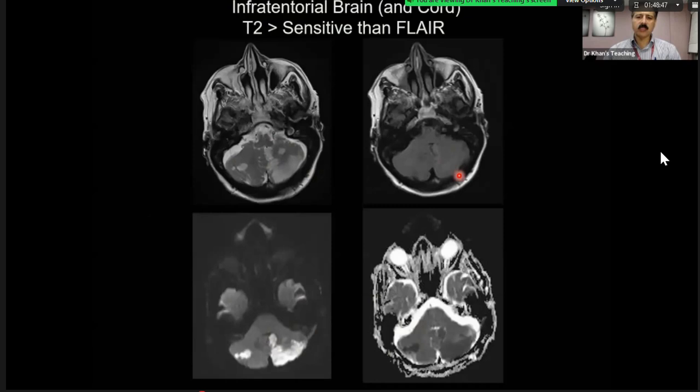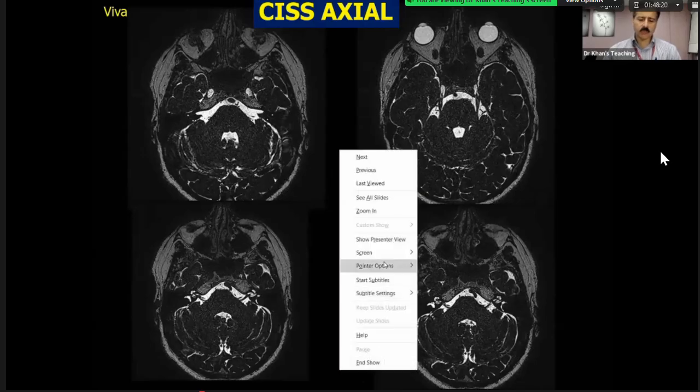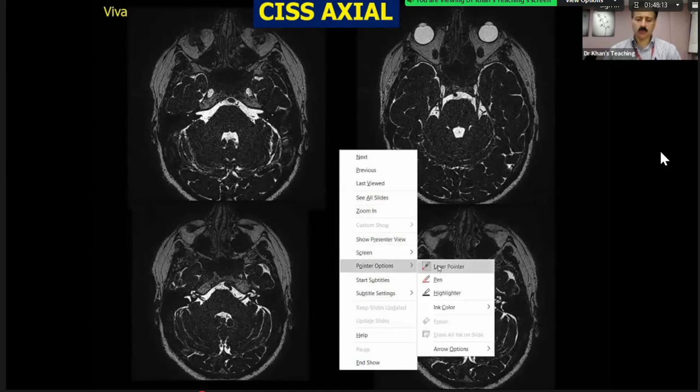Please also remember that in the cord, we do not do FLAIR. We do T2s, but a STIR sequence is now also considered very sensitive. And in MS, studies have come out which tell us that STIR picks up the plaques very well. So this was something about the FLAIR sequence. From here, we come to a bit of anatomy, and I am going to spend maybe 5-7 minutes on this, but I am going to ask candidate 3 a few questions first.